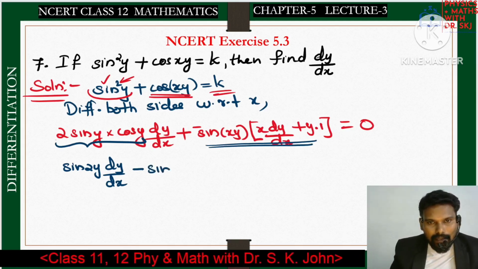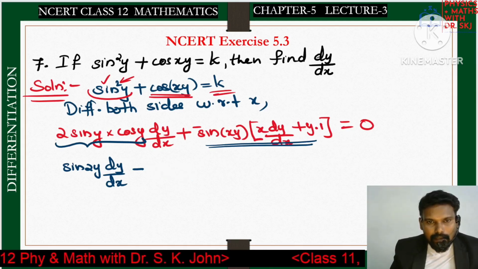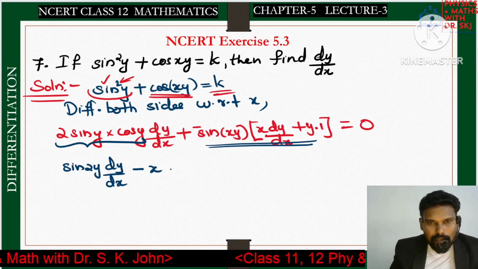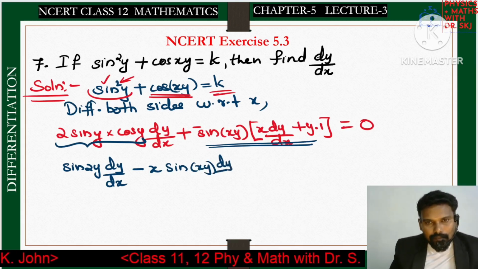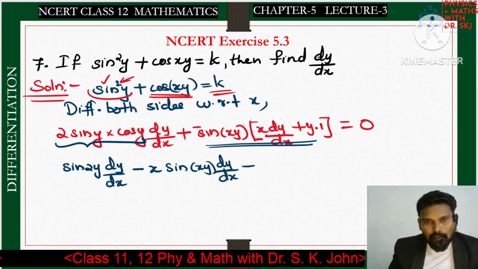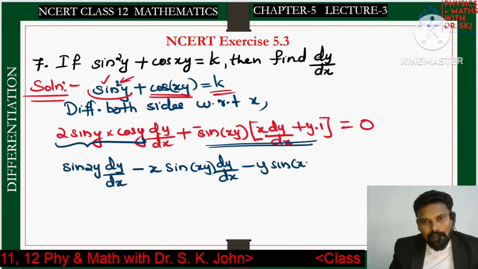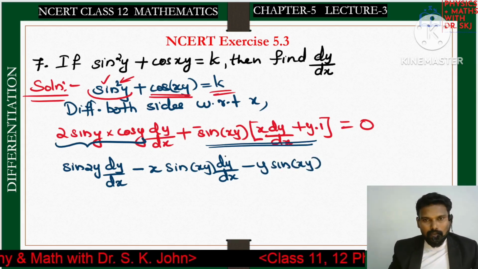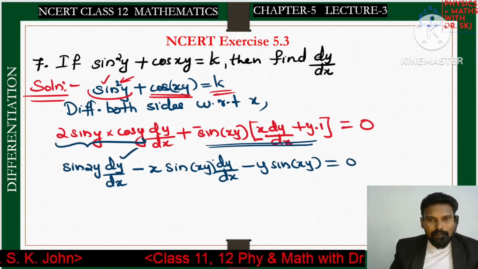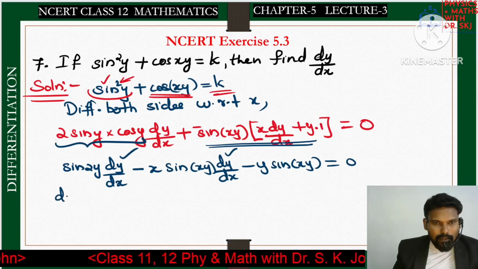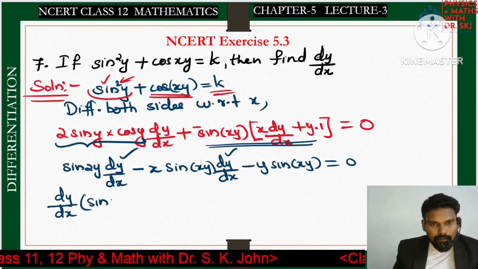So minus sine xy into x dy by dx. I will write it in another form. X times sine xy dy by dx, minus y sine xy, when we open the bracket, equal to 0. These two terms contain dy by dx, so we can group the dy by dx